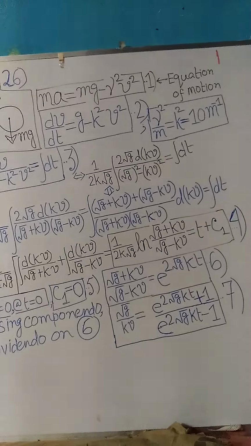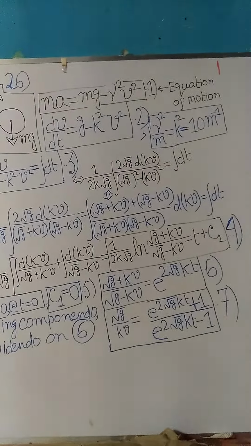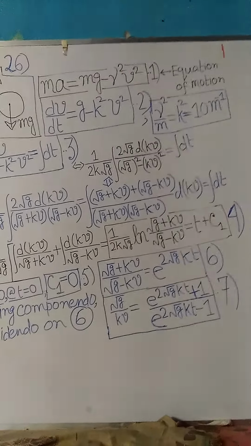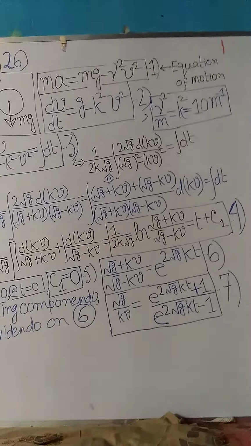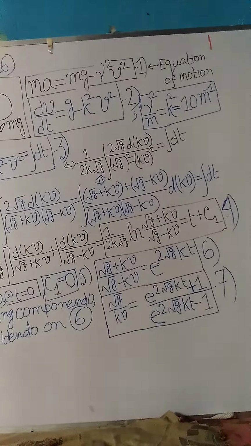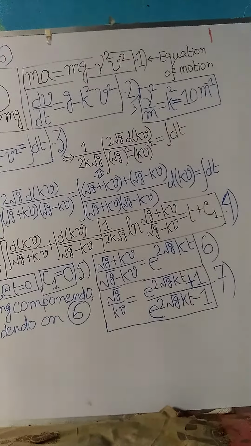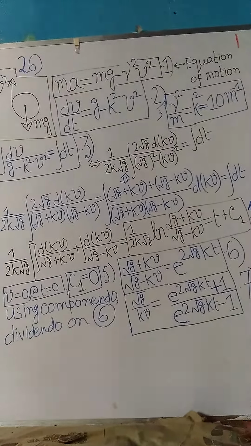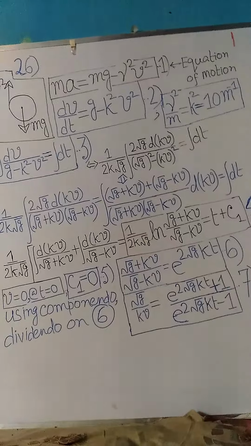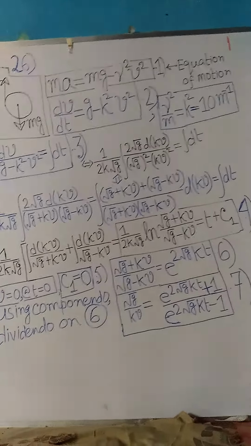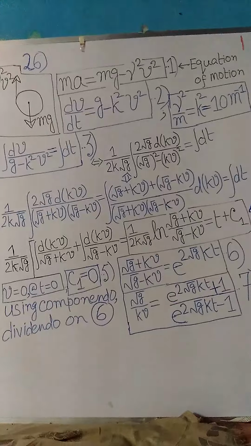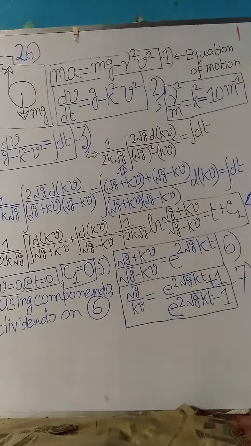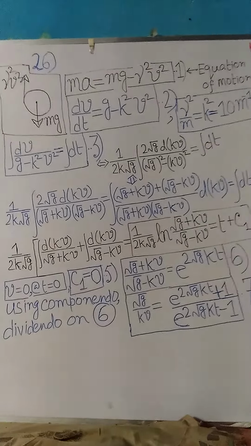And finally, after performing all those steps, equation 4 as shown on the right side of the board is obtained. Please see equation 4 very carefully. It is also a very important part of this first portion of the solution. Now, using the initial condition that v equal to 0 at t equal to 0 as written on the left side of the board, the constant of integration c1 appearing in equation 4 comes out to be 0, which is equation 5. Find equation 5.